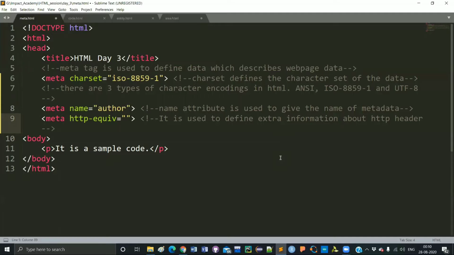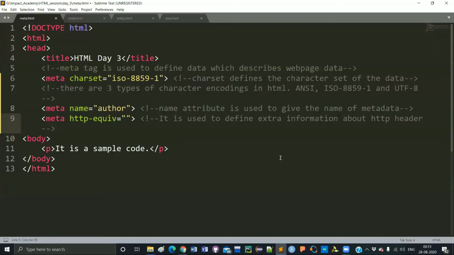Now you can ask, what is the HTTP header? You all know about server and client. When a web page is loaded or reloaded, the HTTP header defines some extra information about that web page between the client and the server.